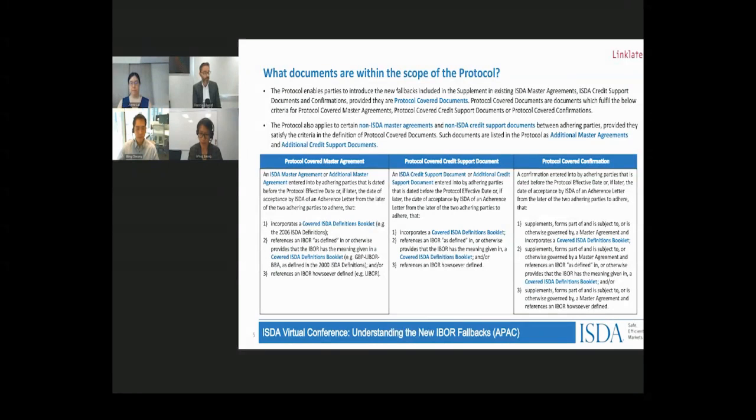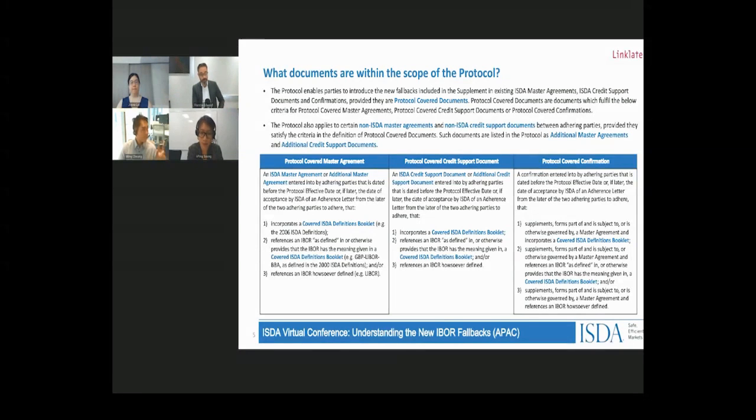Just to give you a sense of this, what are the relevant IBORs? I think it's about 13 of them. It's sterling LIBOR, Swiss franc LIBOR, US dollar LIBOR, Euro interbank offered rate, Japanese yen LIBOR, Tokyo interbank offered rate, Euroyen Tokyo interbank offered rate, bank bill swap rate, Canadian dollar offered rate, Hong Kong interbank offered rate, Singapore dollar, and Thai baht interest rate fix. So any reference at all in any of these ISDA master agreements to any of those rates will automatically bring the ISDA master agreement into scope.